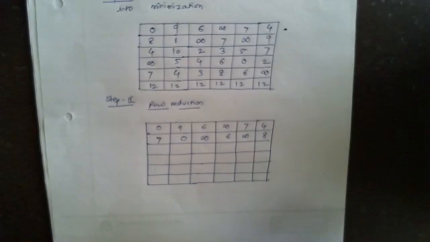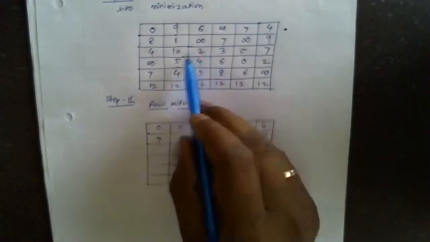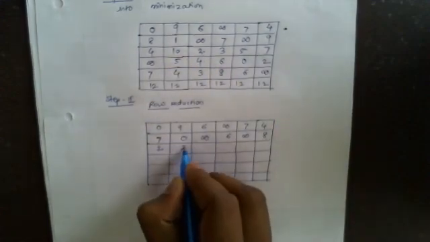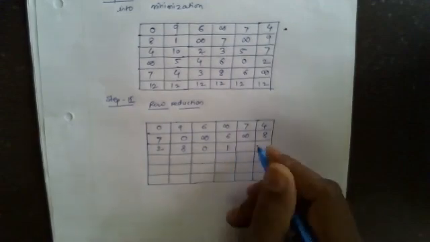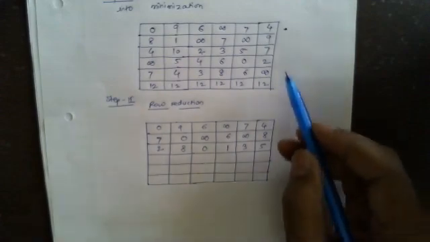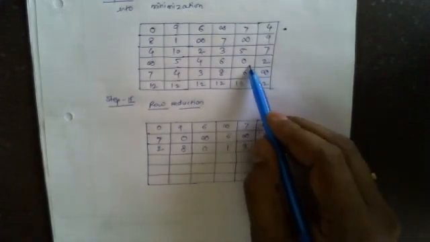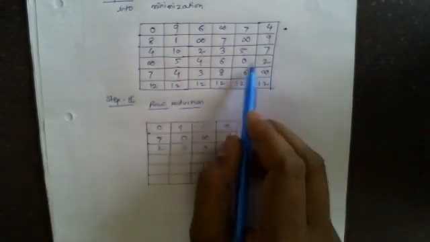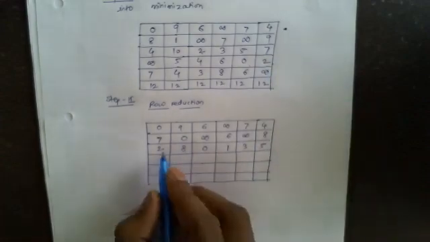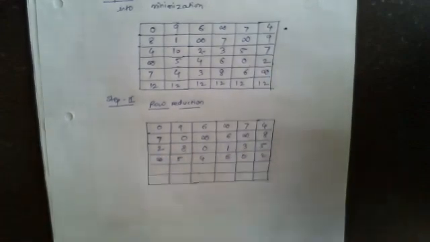Now in the third row, 2 is minimum. Then what we have to do? We have to subtract this 2 from all other values of that row. That is 4 minus 2 is 2. 10 minus 2, 8, 2 minus 2, 0, 3 minus 2, 1, 5 minus 2, 3, and 7 minus 2 is 5. Again, in the fourth row, the lowest value is 0. If we subtract 0 from all other values, this row doesn't change. That's why I will keep this row as it is, that is infinity, 5, 4, 6, 0, 2.